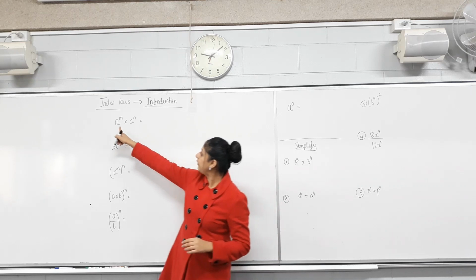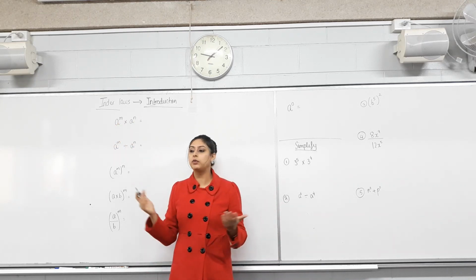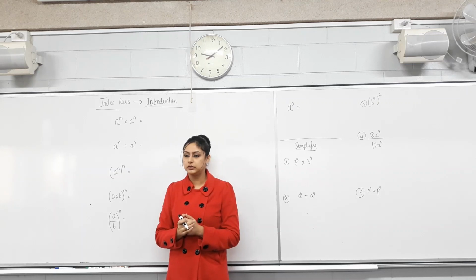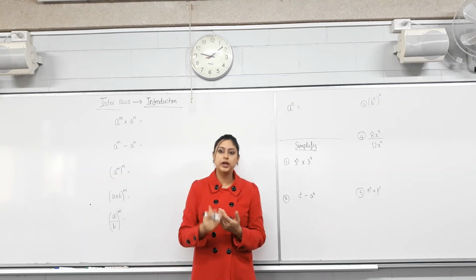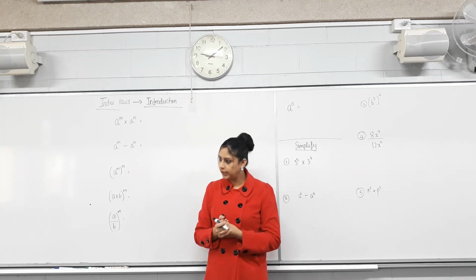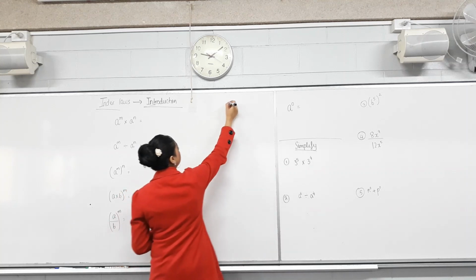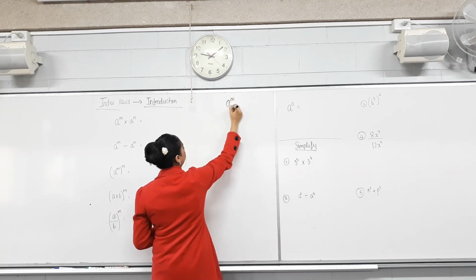So when we write a and then there's a number on top of it, how do we say that? How will I read that? a to the power of m. Are we happy with that? Yes? Have you heard of that before? Perfect. So when we do a to the power of m, a is called the